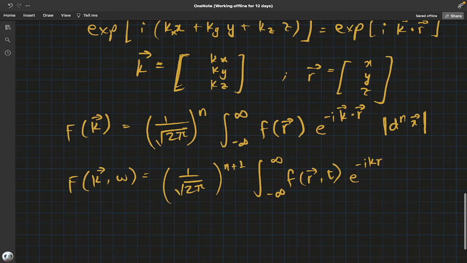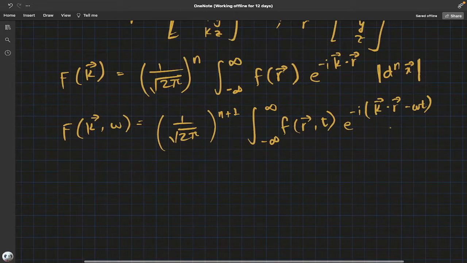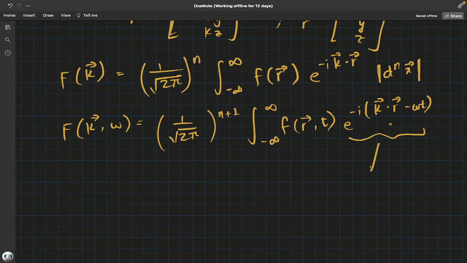All that matters is the k dot r. Let me do a better job of writing that. Minus omega t. Now in this form, we have a minus because